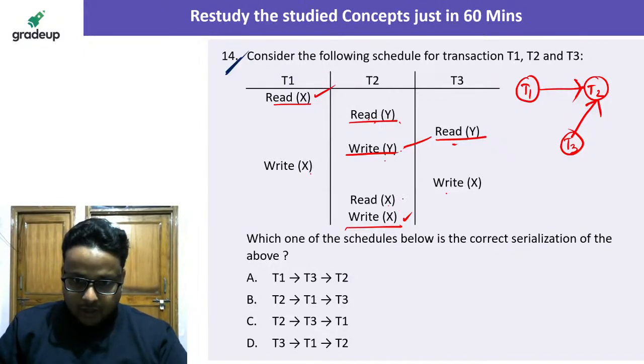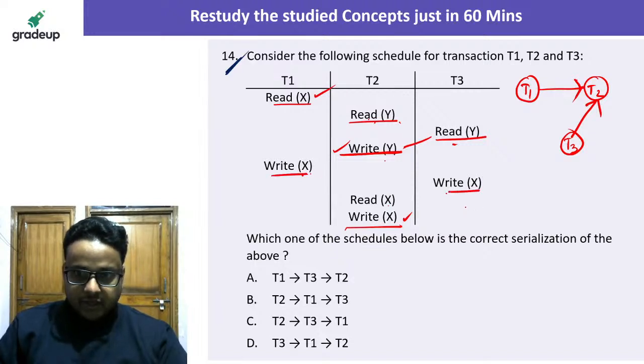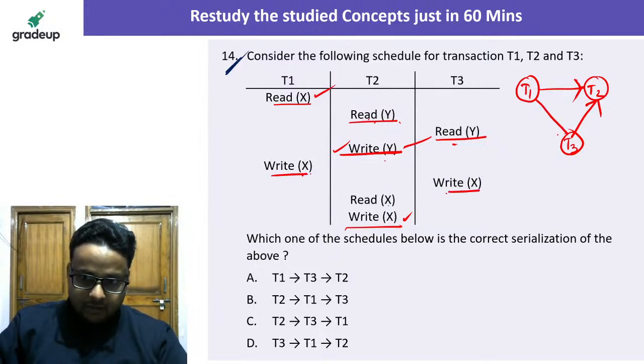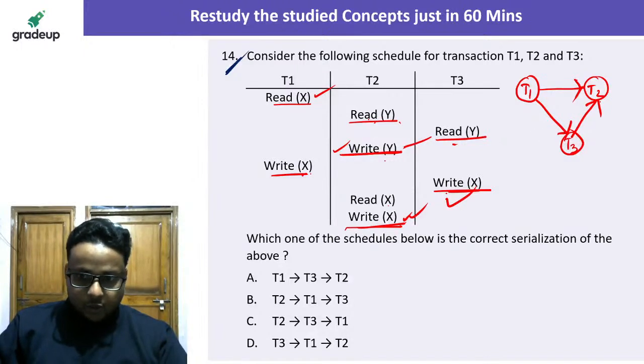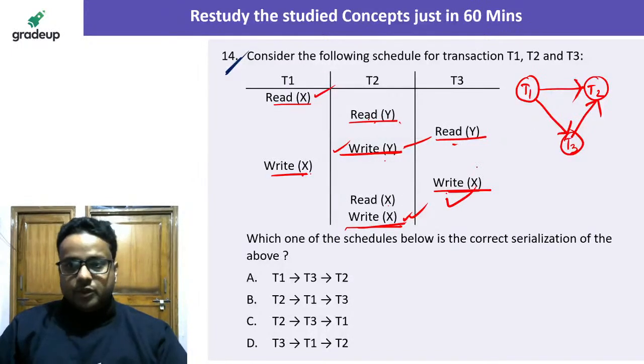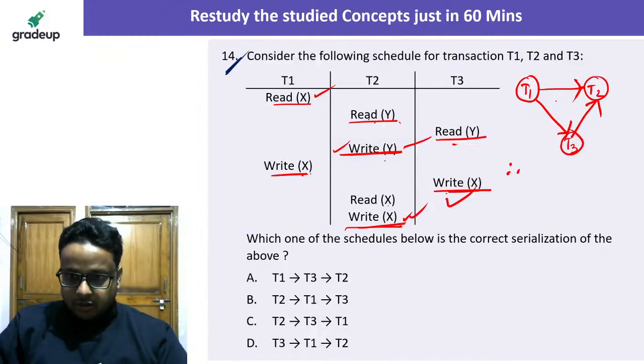Now the next operation is write Y and write X, no conflict. Over. Write X and write X, T1 to T3, there will be an edge. Now write X and write X, T3 and T2, T3 to T2 is already there. Okay, because there is no cycle,